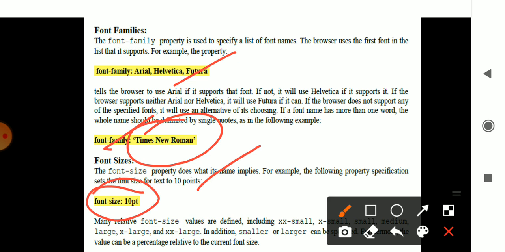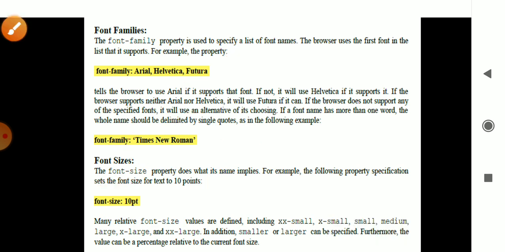Okay, so if I want to decrease or increase the size of the font, that can be specified with xx-small, x-small and small. A little bit small is x-small and extra small is xx-small. In the same way, medium gives a medium size of the font. Then you can specify large, x-large and xx-large, which will increase or decrease the size of the font through the font-size property.